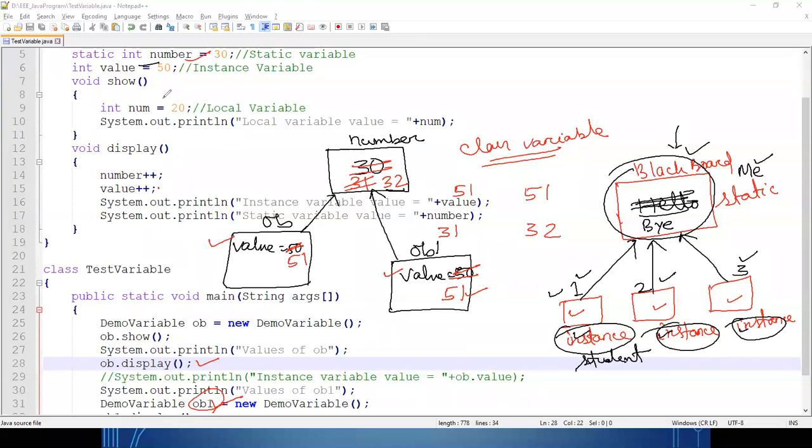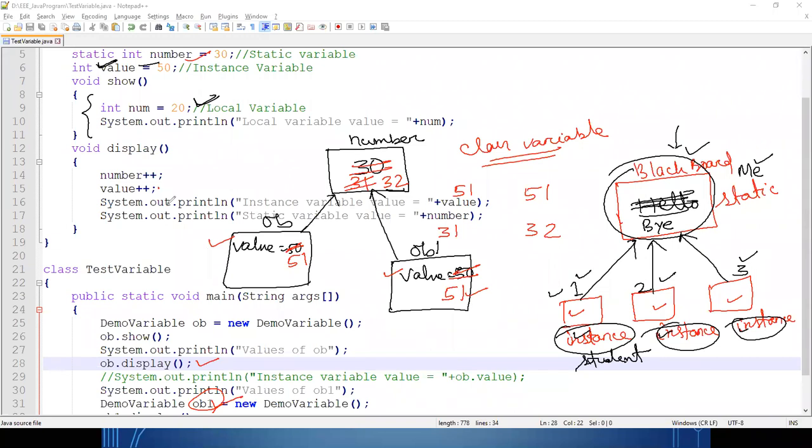Clear? So if you see in detail the difference between all three different types of variables: local variables are only declared inside the method of the class and only visible to that method itself. Clear? Now, an instance variable is visible to everyone, but it is individual to every object.